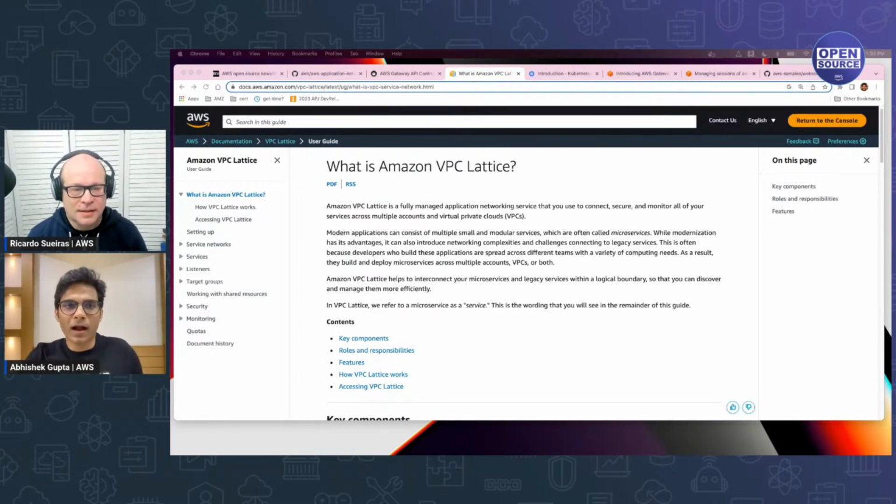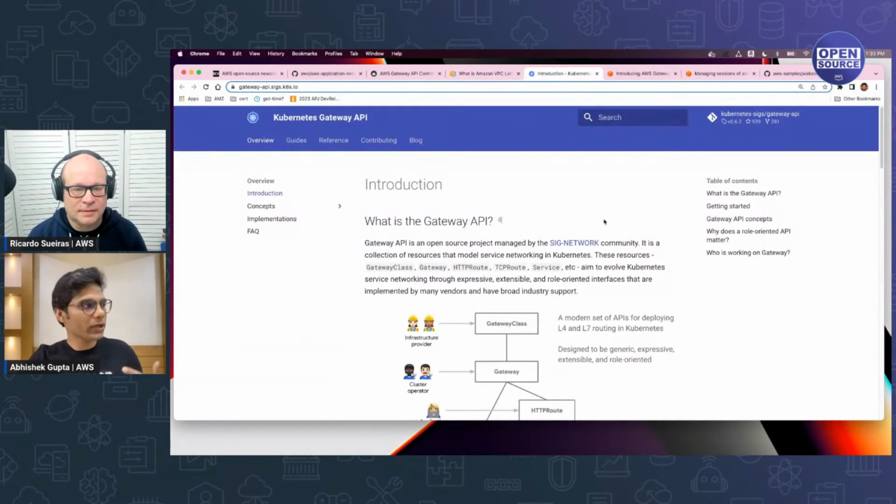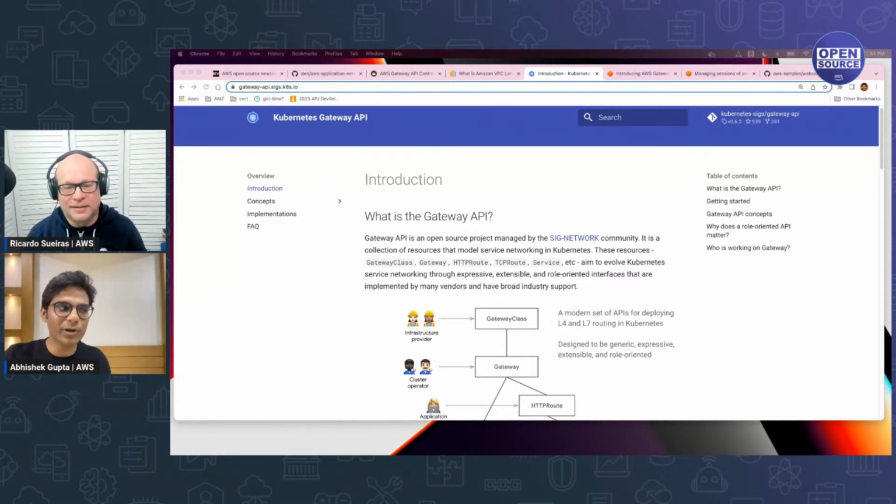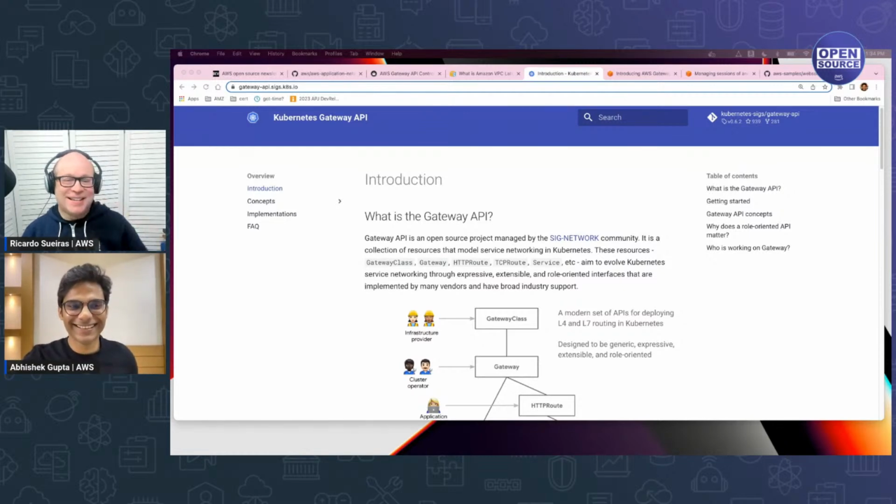So that's the beauty. And for those of you who did not know what the Kubernetes Gateway API is, just a very quick high-level overview. Again, this is an open source project to model these service networking components in Kubernetes. Now, you might be having this question if you're experienced with Kubernetes networking: how is this different from an Ingress perhaps? The Gateway API is actually not just for HTTP applications, unlike Ingress. It supports TCP and gRPC as well. That's where the beauty is. It's like a higher level abstraction. Yeah, got you. I was asking myself the very same thing. How does this differ to Ingress? Because that's what I always use, right? Exactly.